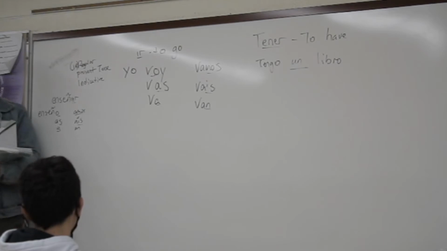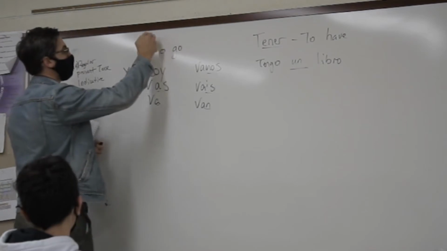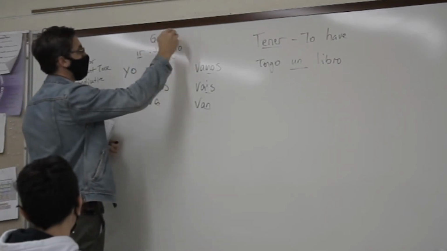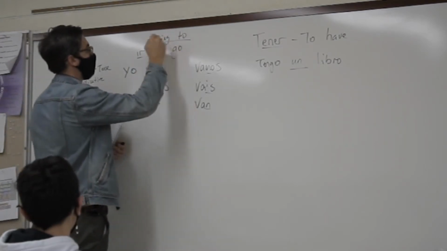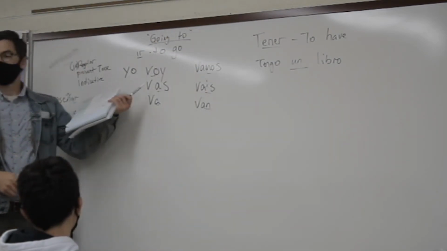Now, if I want to say something will happen in the future instead of present tense, then there's also different endings. Okay? But before we start learning those other endings, there's a really simple way of describing what's going to happen in the future. Do you hear that? What's going to happen. Okay? That's where this verb comes in.